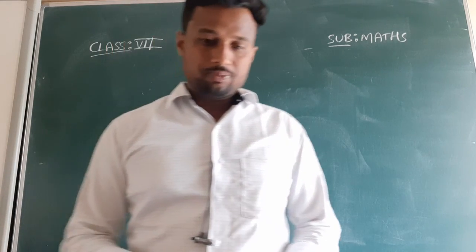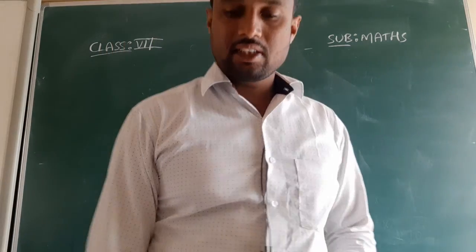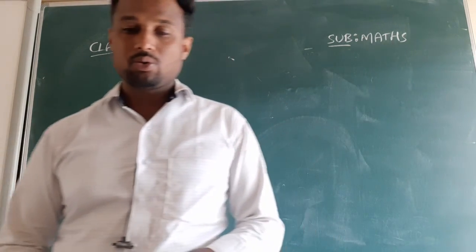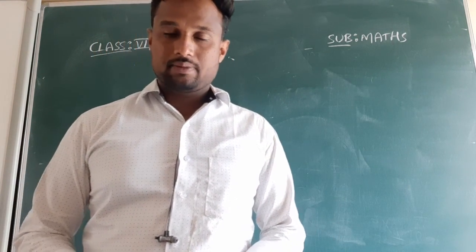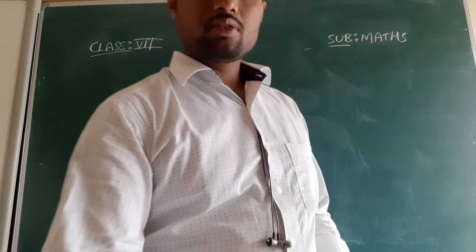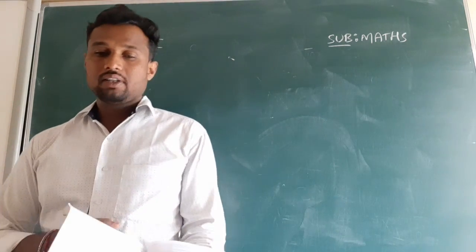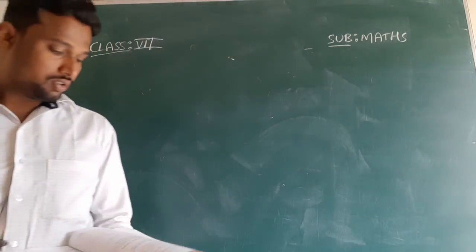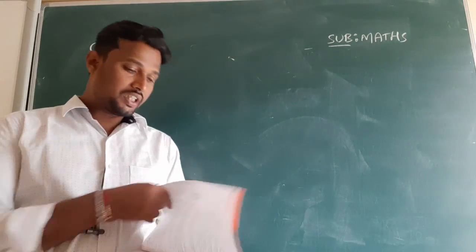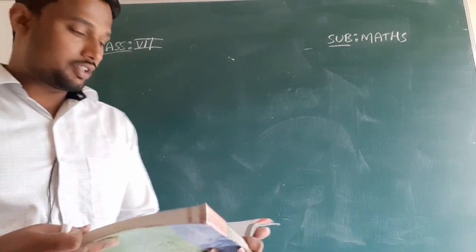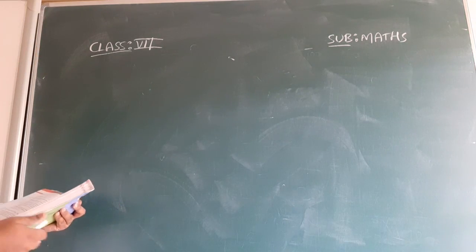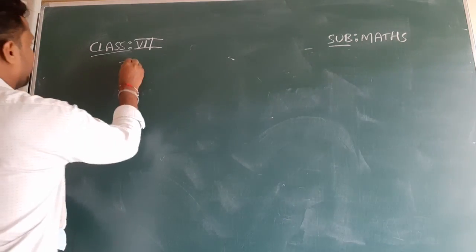So in the last class we were discussing exercise 2.5. In that we already discussed problems up to problem number 6. Today I will discuss some more problems from this exercise 2.5, and then I will discuss multiplication of decimal numbers. Okay, so here in the 7th question